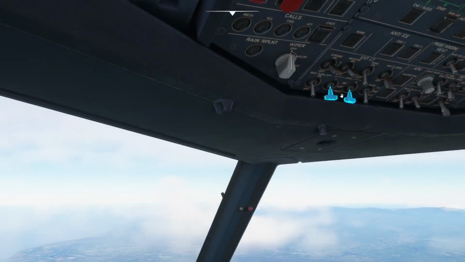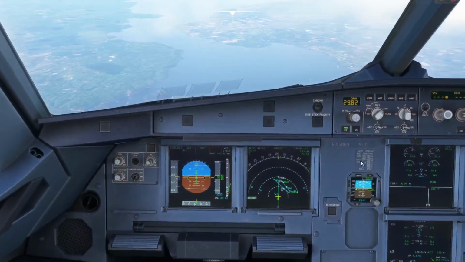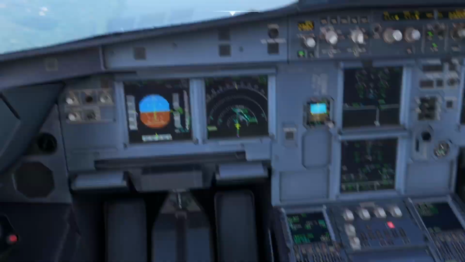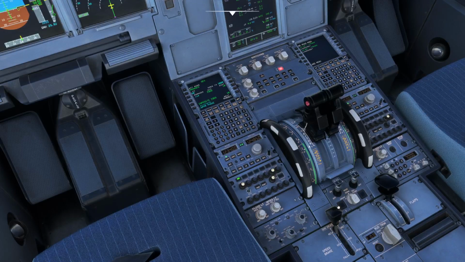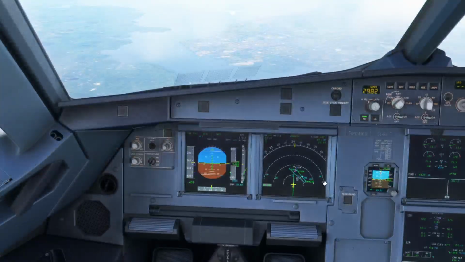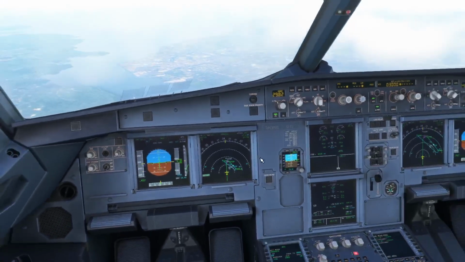10,000 feet. Let's turn the landing lights on, and the speed has dropped very nicely. We're a little bit fast for this altitude, so let me just... this always happens to me. Can never grab the speed brake lever. It's okay. We're a little high now for...